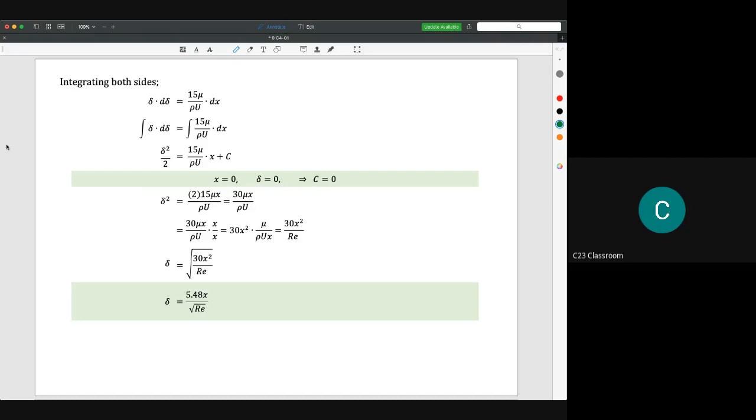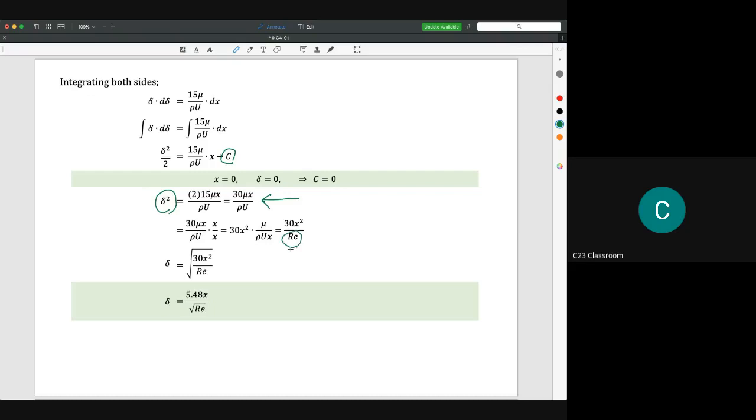So then we know that the value of C is equal to 0. So we rearrange, and we get delta square is equal to 30 mu x over rho U. And then we need to rearrange this term. Please make sure that you have the capability to rearrange that term to represent a Reynolds number, because this is